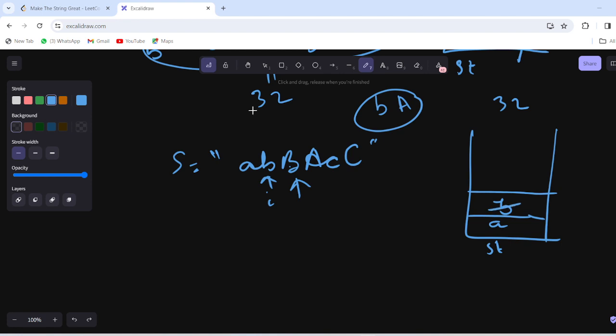So this element will be popped and the stack will become empty, and we are not going to push back that element because the popped element and the coming element are removed from our string. According to the question, we have to return that answer. Now move forward and check the capital A. The capital A, the coming element, and the top element of the stack are the same, meaning the difference will be 32.